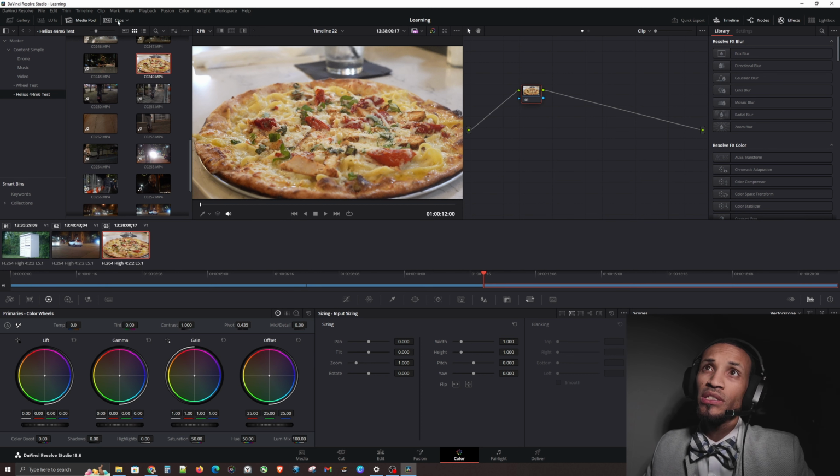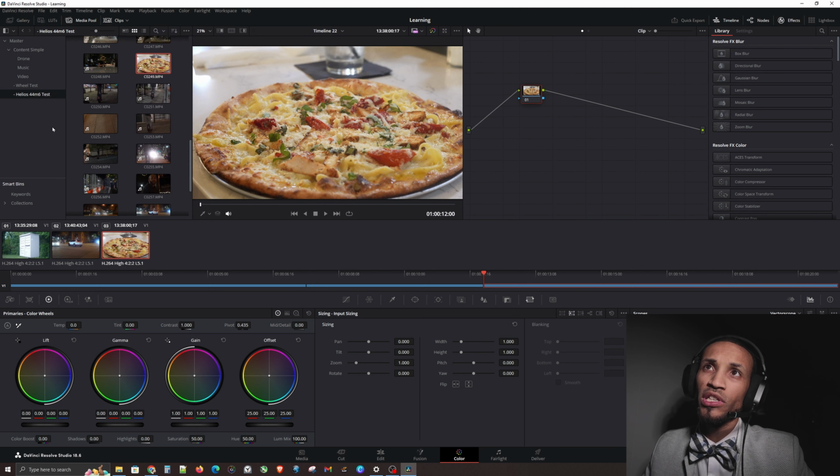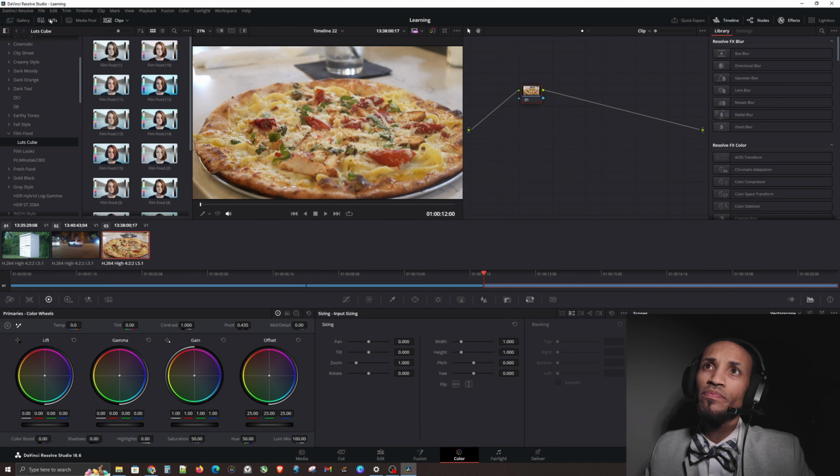Okay, but definitely I would recommend enabling the clips. And you can actually enable specific types of clips, ones that are in certain groupings, like ones that you have flagged and ones that you've colored a certain color, and so on and so forth. So it's really neat, and there are really cool things you can do with the different clips here in this little drop down arrow. Okay. Next thing I'm going to show you guys is, let's go ahead and go back to LUTs here,